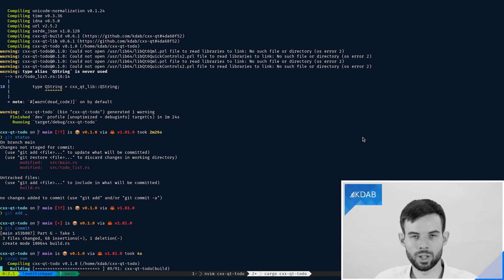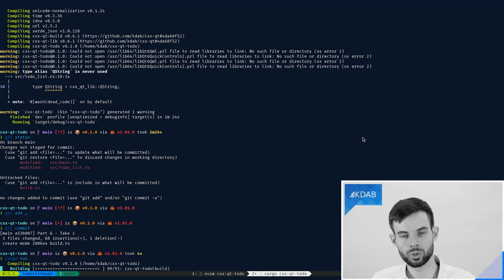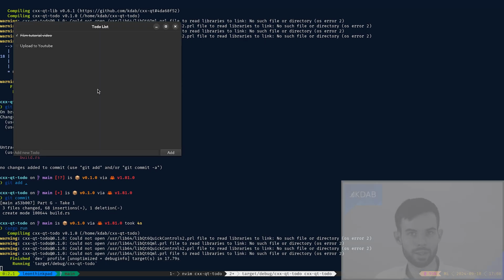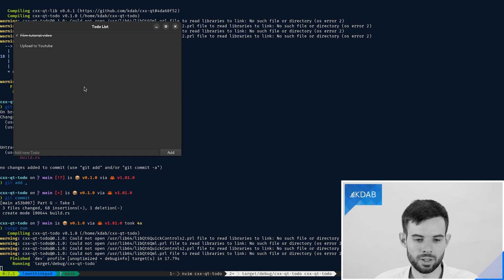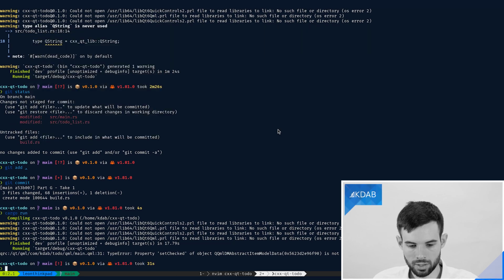And with this, we should be able to run our application again and see that we should be able to both add new to-do items and also to check existing to-do items off our list, which should then also be sorted to the bottom. And here we go. Here's our final application. We can mark and unmark items, which in this case does not seem to work quite correctly. So let's go back and see where we went wrong.